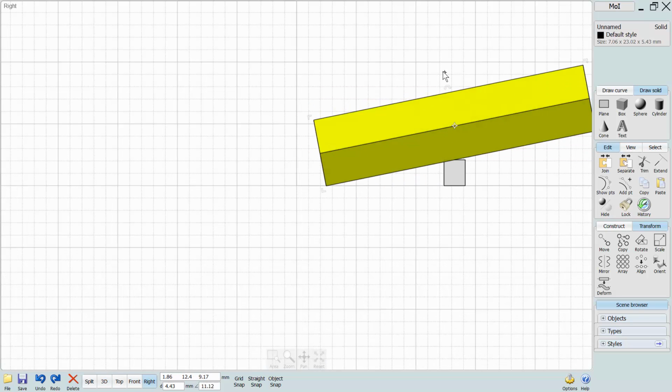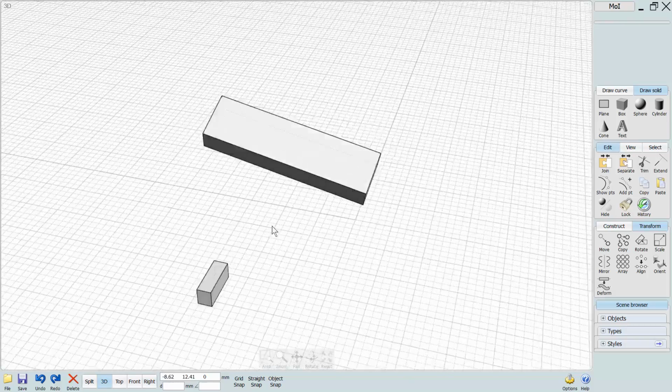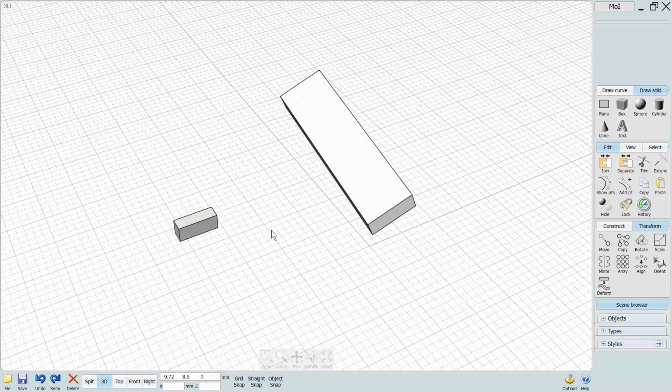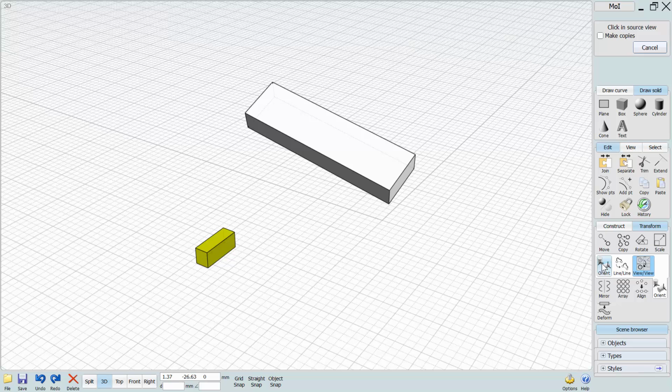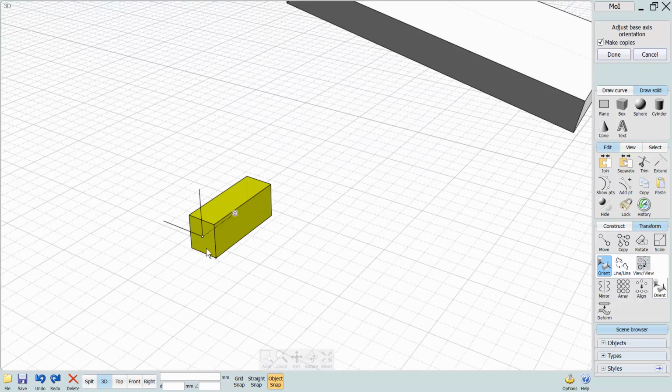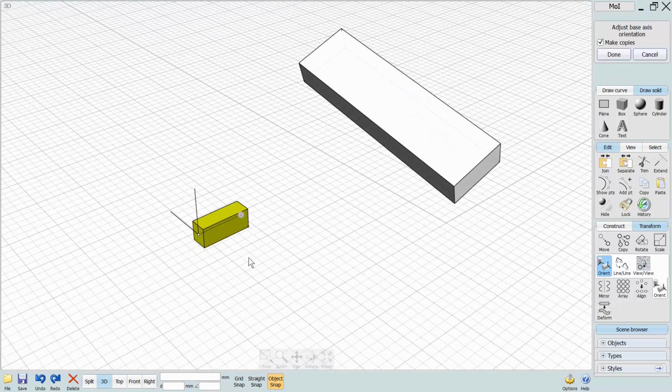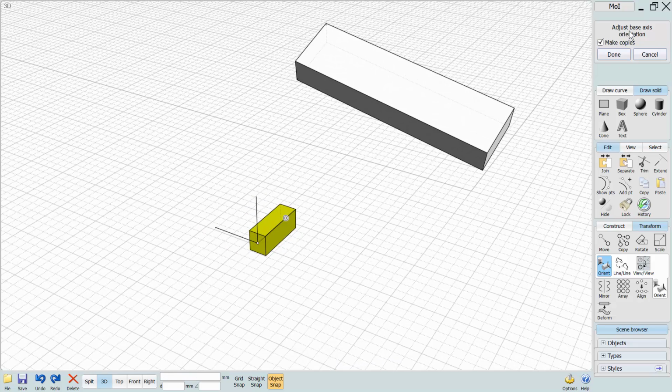Let's say you have something like this and you want to orient this smaller box to this face here. You can select it and then use this orient command, and with this first option, which is also called orient, you can pick base origin. So let's pick this origin here in the center point of that face, and I have this preview of this origin, so this will be my z-axis. I want that in this way, so I can hit done,